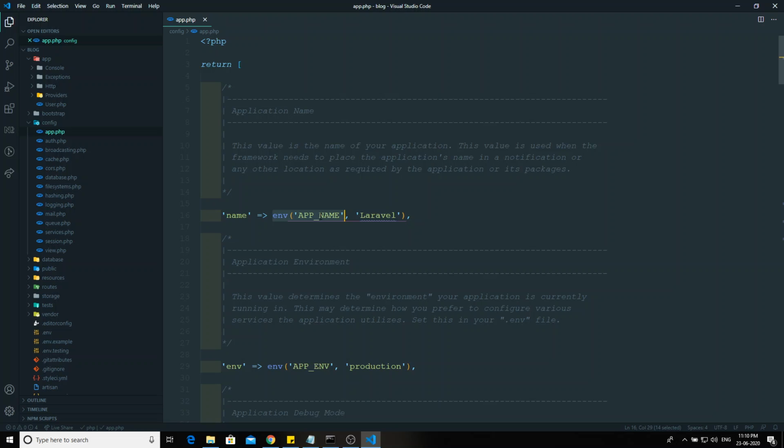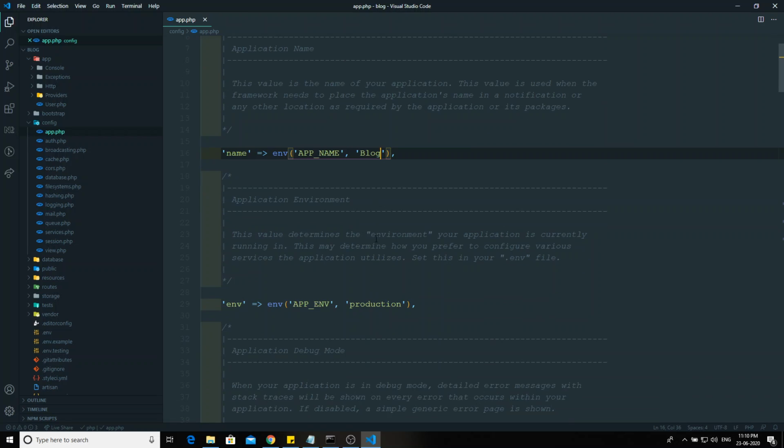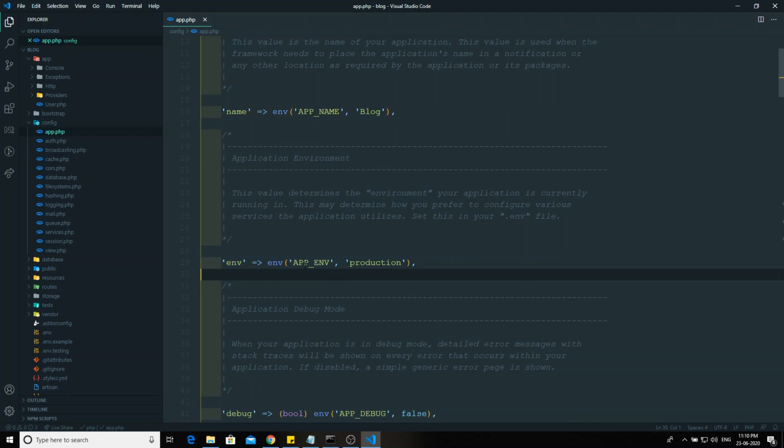If it is not present, there is a default mentioned by Laravel, so there is no need for us to mention it here. The same for application environment: it takes from the env variable, otherwise it will default to production.